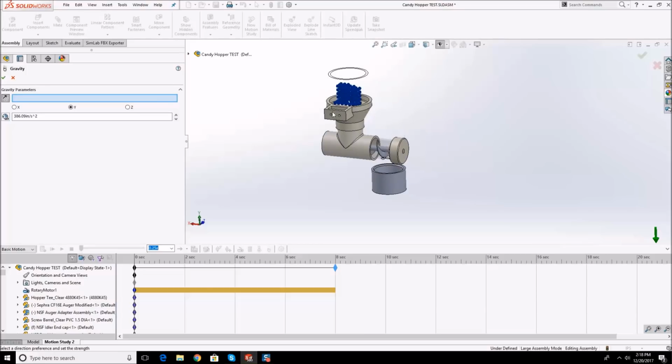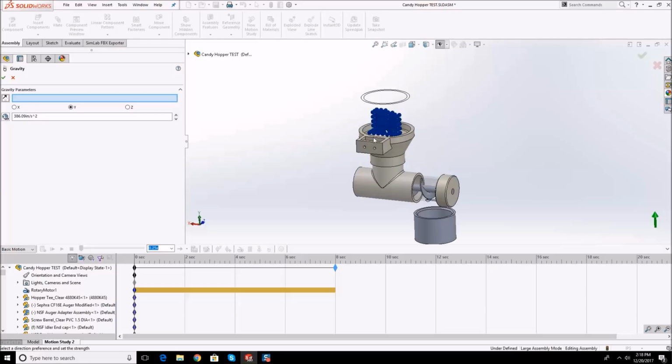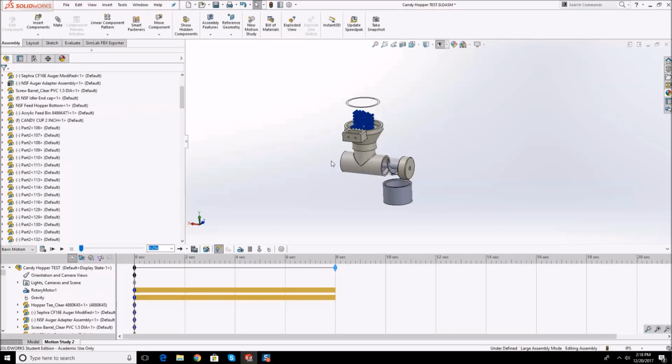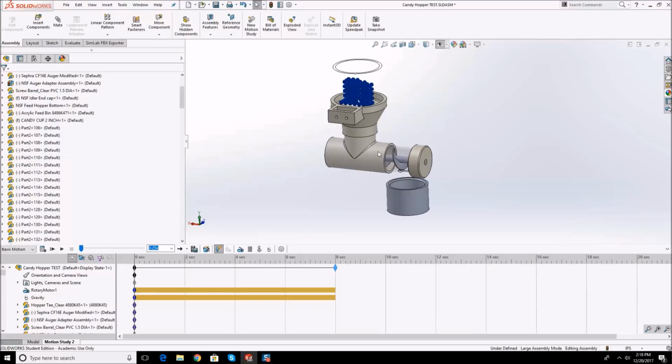So that controls gravity. If we had gravity going in this direction, what's going to happen is the balls are all going to zoom up in the air. So let's just flip that direction down. And let's go OK. So we have gravity, we have the motor, and the last thing I need to do